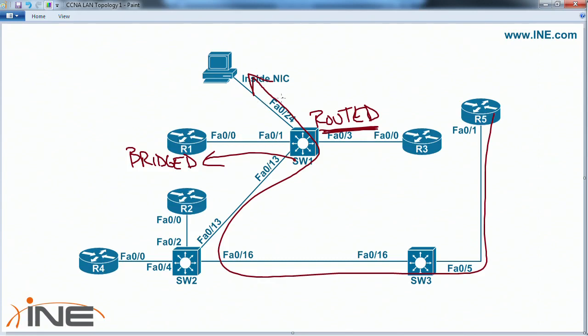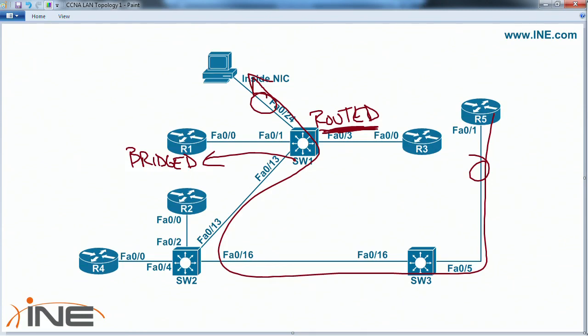So if we were to put a packet analyzer on the link here and then on the link here, you would see that the MAC address is changing as it's moving between the different interfaces. So this is the main key point about IP routing, that every time you move the packet between routed interfaces, you have to rebuild the layer 2 header. The layer 3 header still stays the same, the IP packet, where you have your original source and your original destination. But if we were to think about this in terms of internet routing,